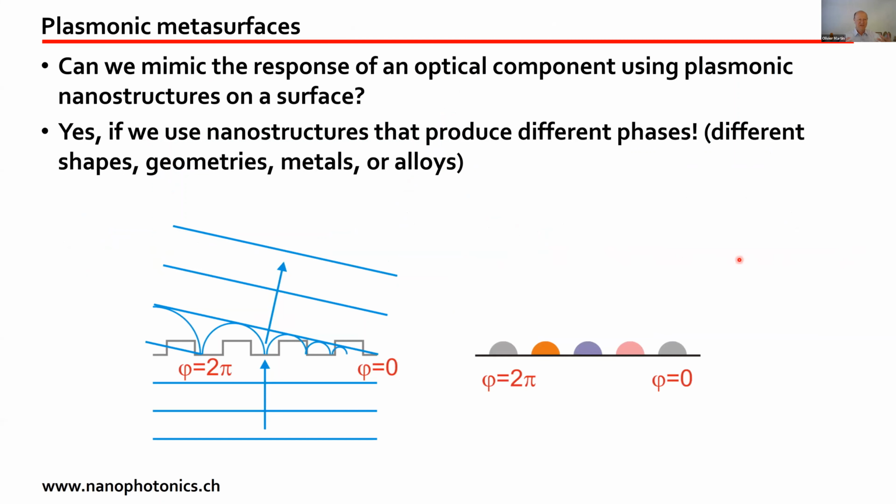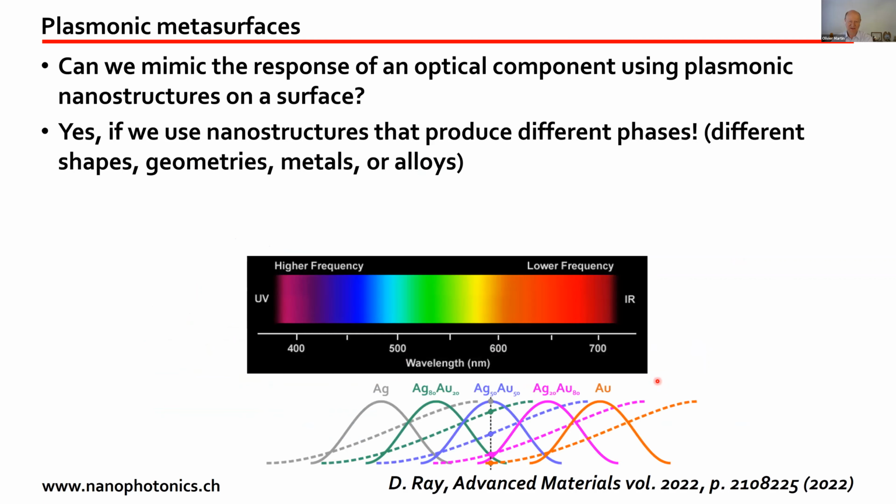So the idea is, can we now use our alloyed nanostructures to mimic the effect here of the grating? So we will put different particles that will produce different phases on the surface. And for that, we just go back to our diagram. We have seen that we have between gold and silver different resonances. If we choose the wavelengths at which we're going to work, say here the black line, depending whether I have a gold particle or I have a silver particle, I will have a different phase. And I can make all the phase I wish in between just by changing the composition of the alloy.